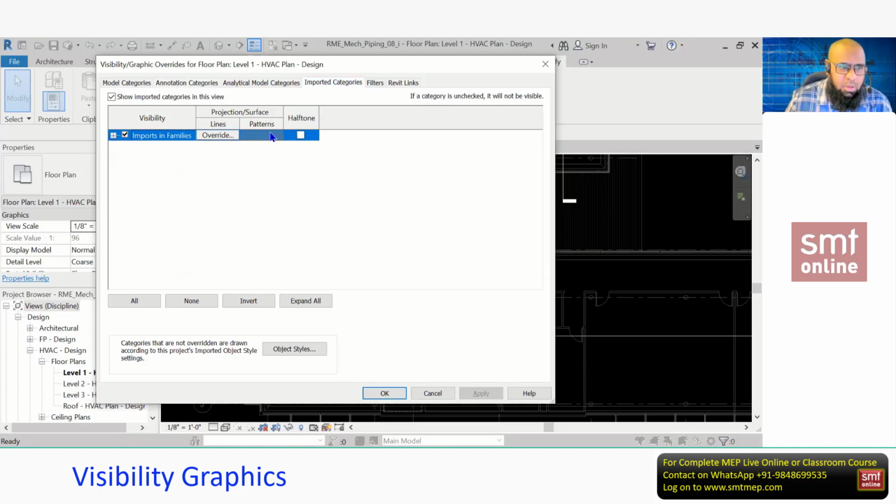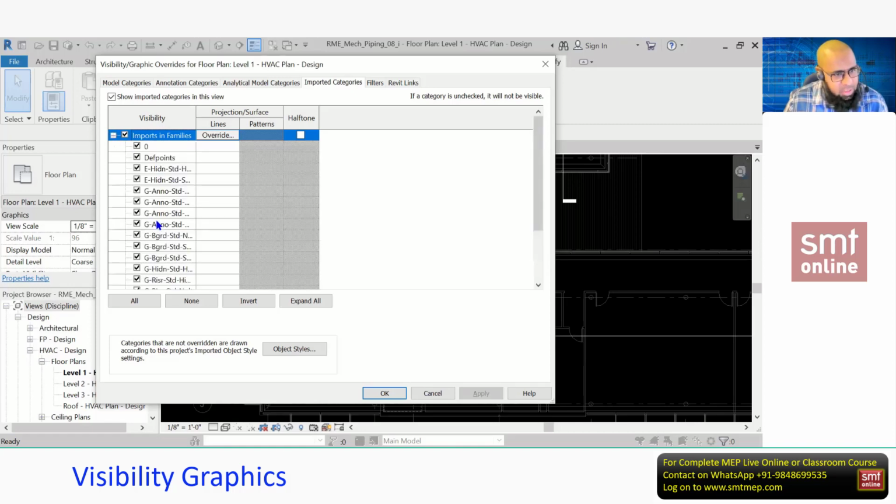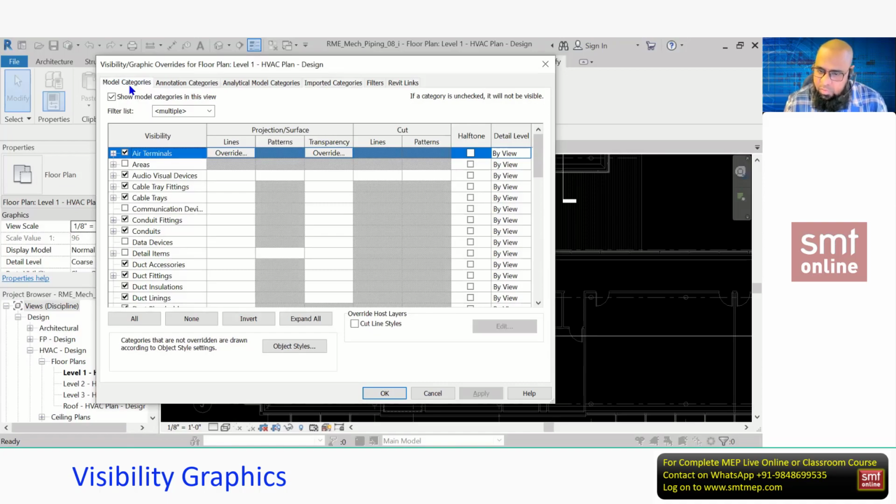When you import, you can find the imported category list here. So I can import the CAD file. Once I import, it's going to be part of your project. There will be no link with the original file. Even you can delete the original file. So you'll find the imported category here, and you can update the options. Again, you see halftone. So the concept is the same. Once you get the idea about the VG, then you can use it for multiple areas.